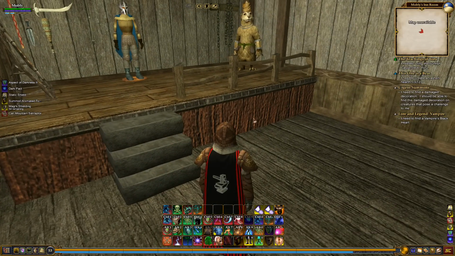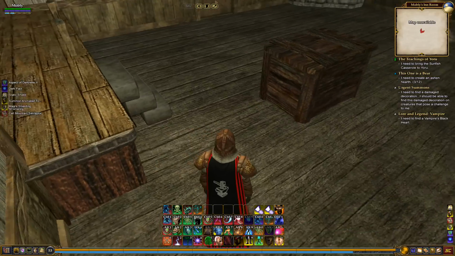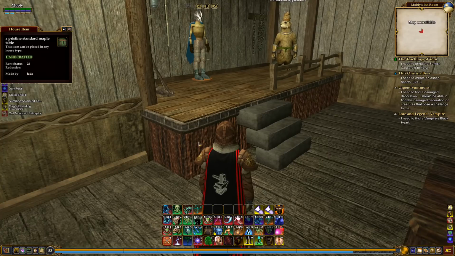which I used a lot of different pieces and tried to be creative with using pieces of furniture to get a different look. For instance, these are pristine standard maple tables. I took a whole bunch of them. That's what this grayish looking border is. I took a whole bunch of these, overlapped them. Then I took